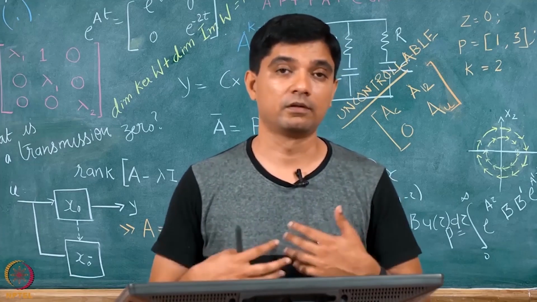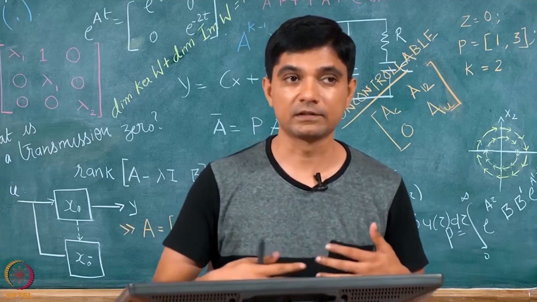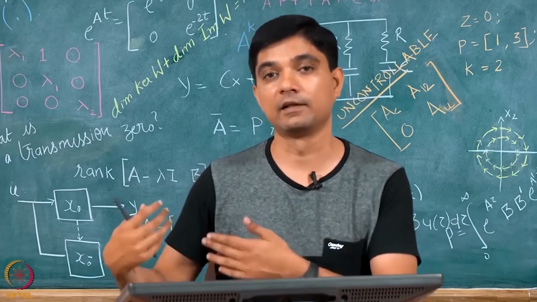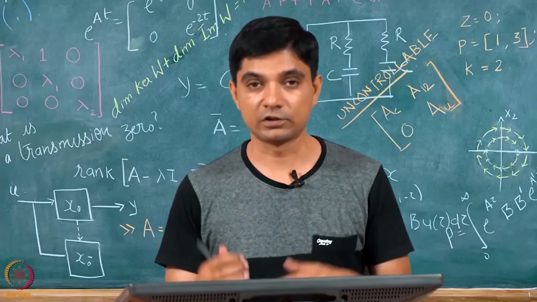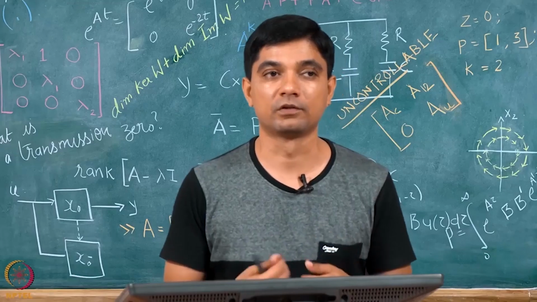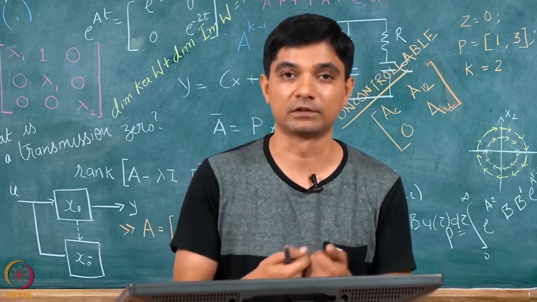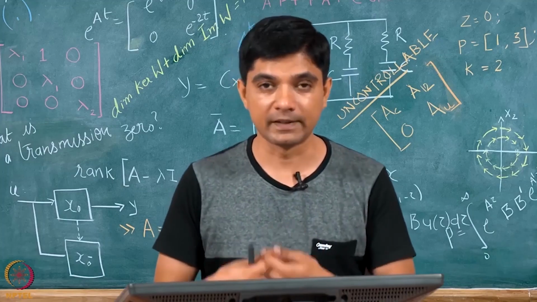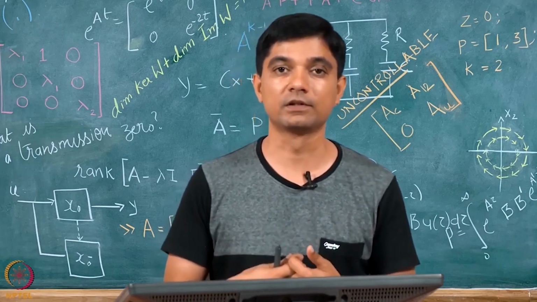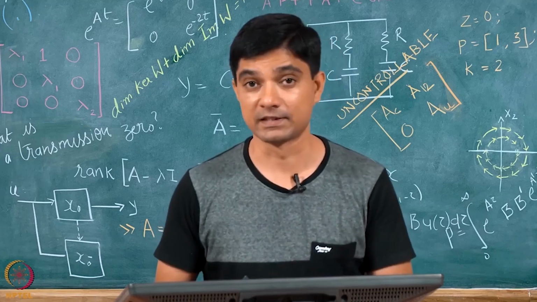We will not revisit those things. If you are interested, you can go back to one of my earlier lectures listed here, to get a little warm up on the BIBO notion of stability, the bounded input, bounded output notion of stability. Here what we will essentially focus on is the state space stability,